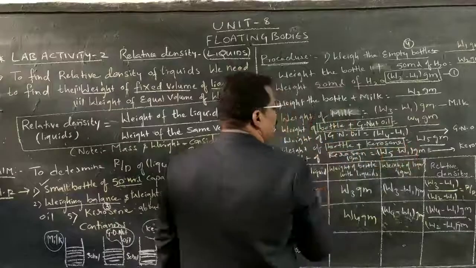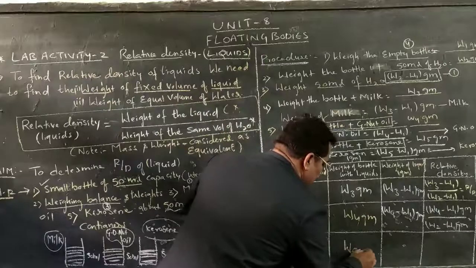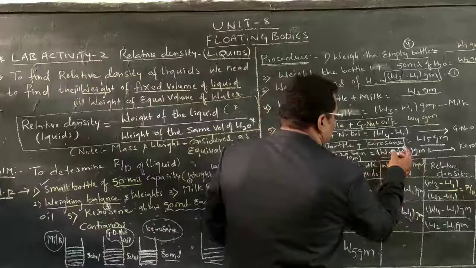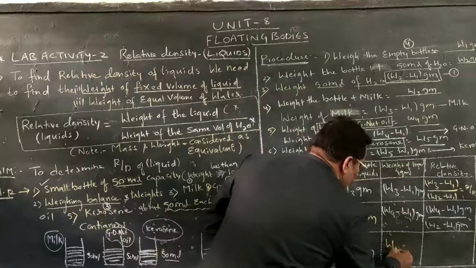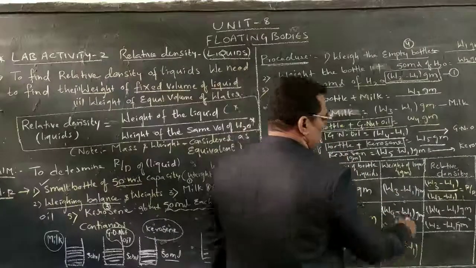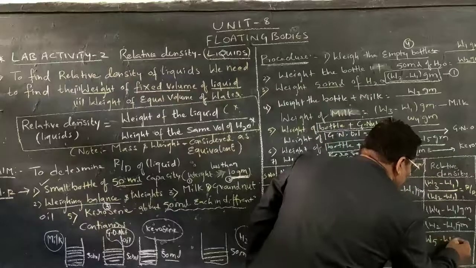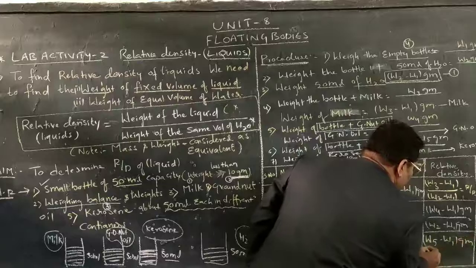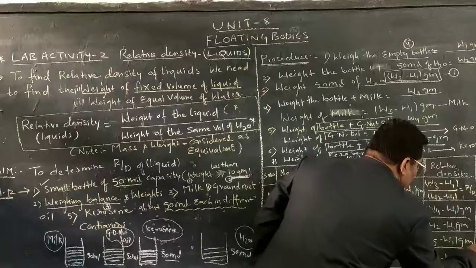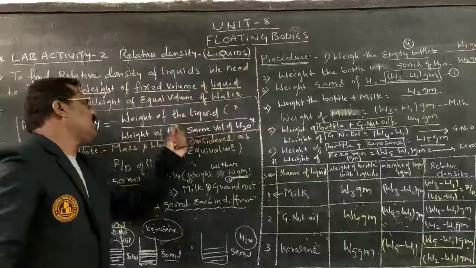Weight of bottle plus kerosene is equal to W5 grams. I have taken W5 grams. And the weight of only kerosene is W5 minus W1 grams. Now I can substitute: W5 minus W1 grams by W2 minus W1 grams. Relative density of liquid is equal to weight of the liquid by weight